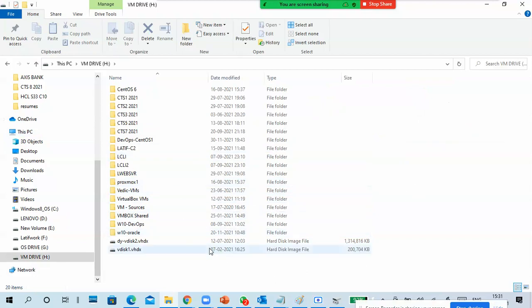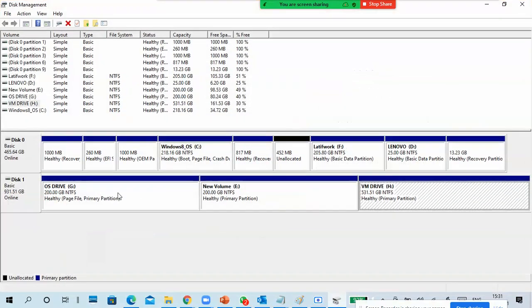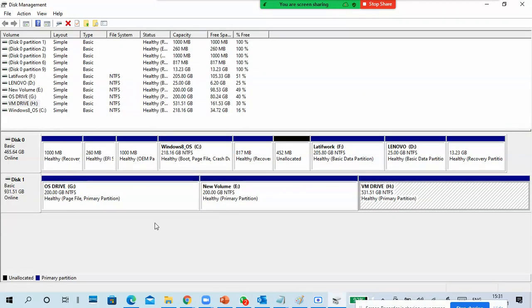See, these are my physical hard disks, and I have drives. In each hard disk I store some data, right? So in each partition I am storing data: in the C drive, operating system and some files, D drive some files, E drive some files, H drive mainly for virtual machines. These are all my virtual machines. I store the data in my physical hard disk, and I am making partitions in the hard disk.